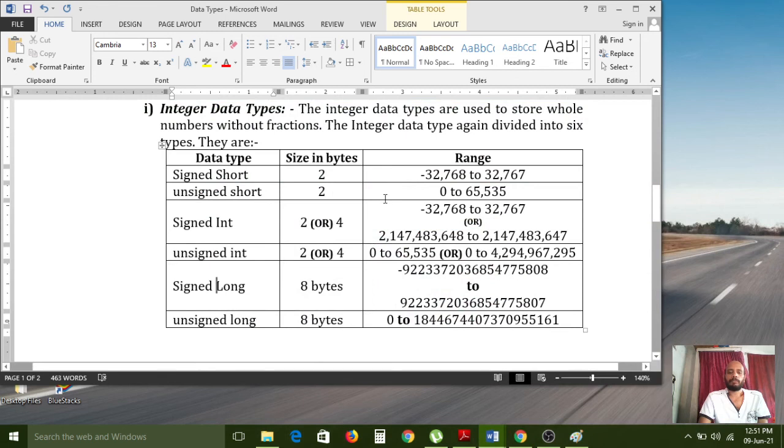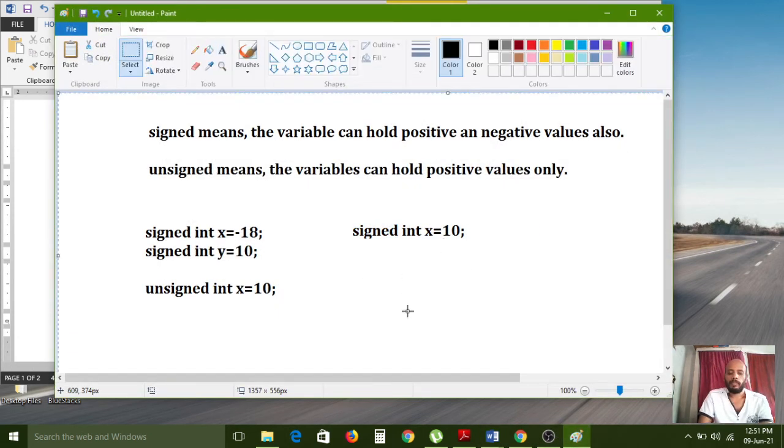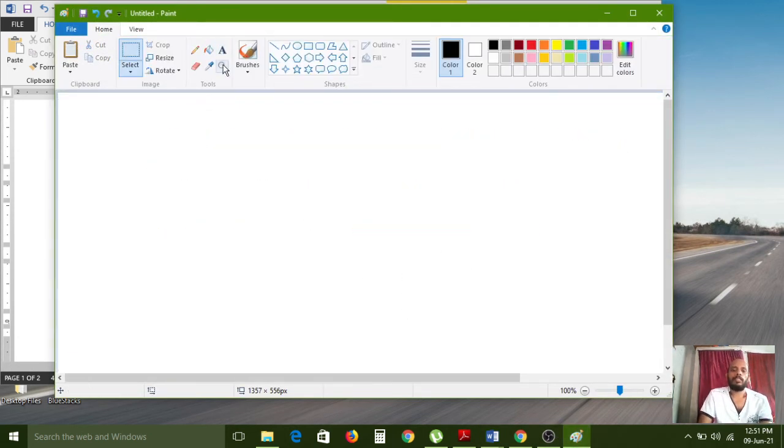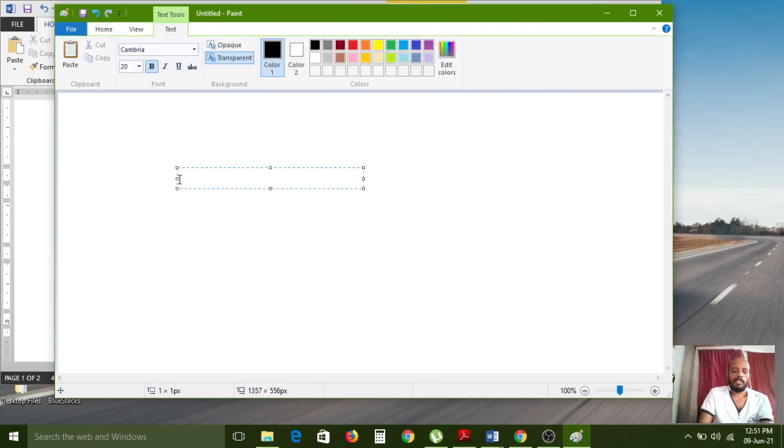Now that we understand the difference, we have to see the short data type. Signed short internally occupies 2 bytes of memory. For example, now I want to create an x variable with the short data type.